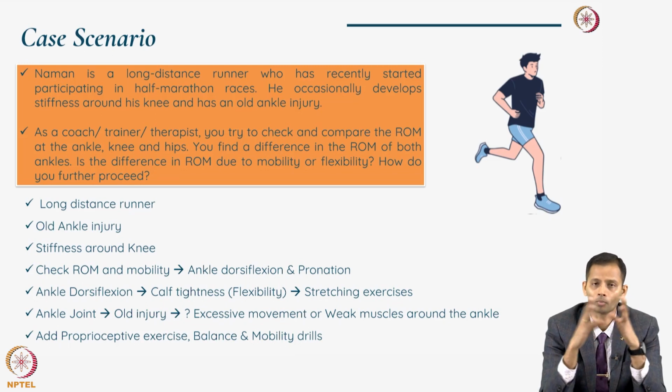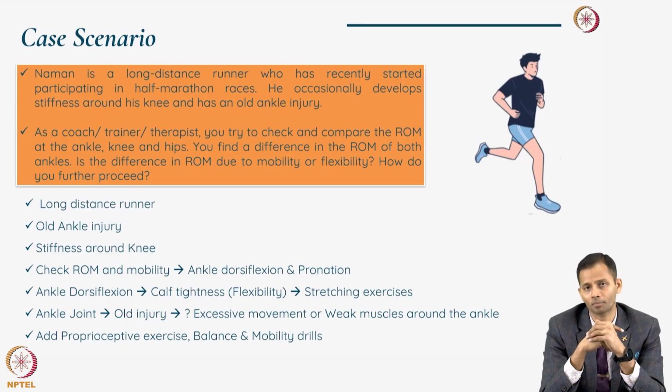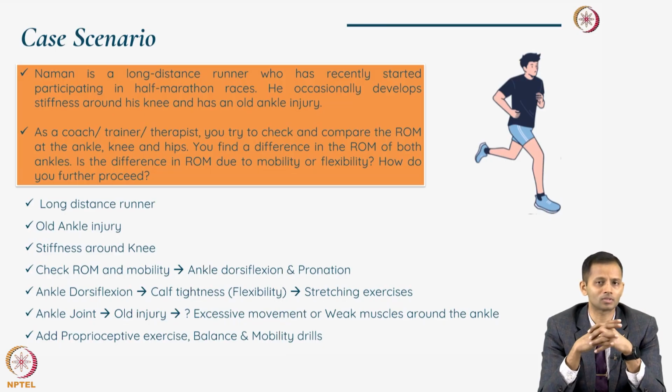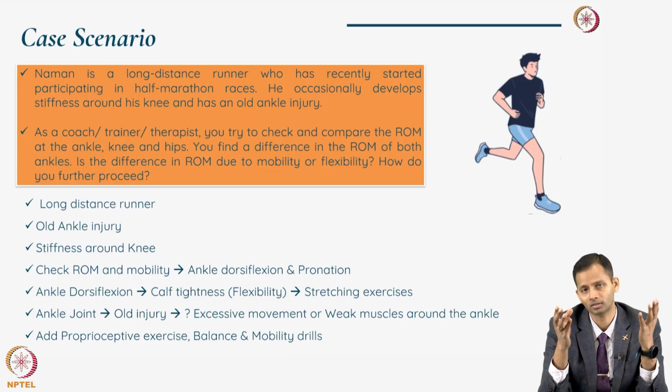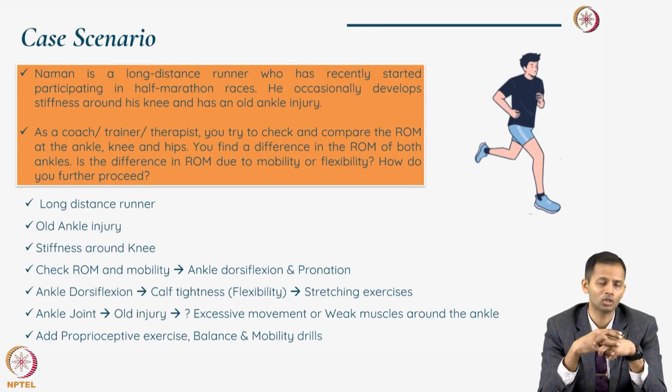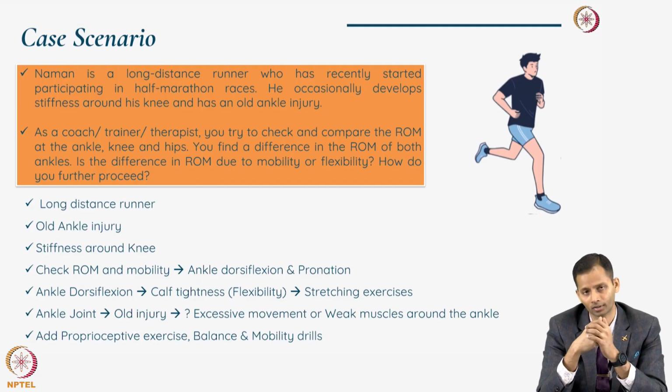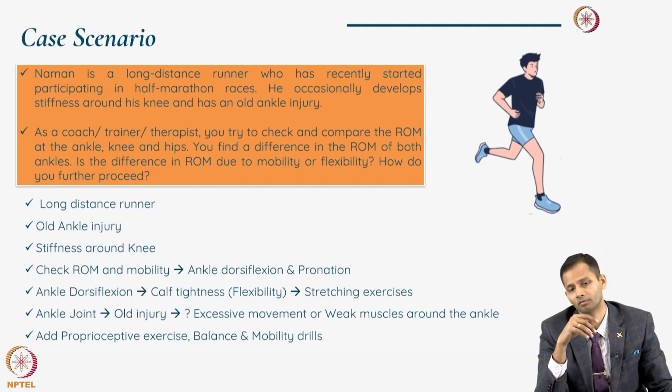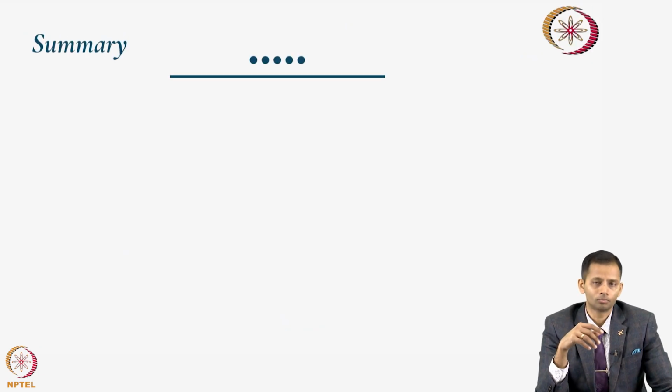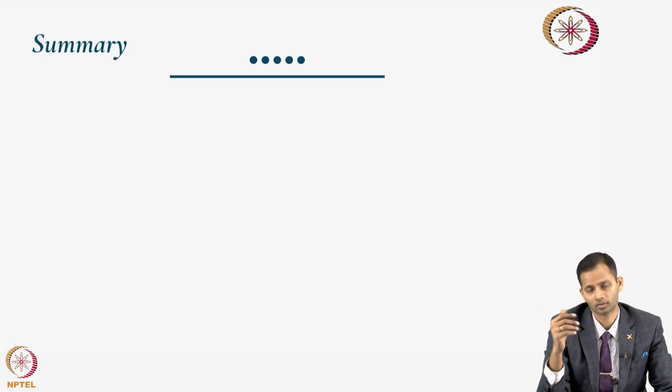Further, the mobility related aspect can also be due to a disruption in the proprioceptors around the ankle joint. So that again can affect the balance and muscle coordination also. So these are the aspects that can lead to further mobility related issues in this particular individual. So accordingly, the cause has to be identified and has to be addressed.